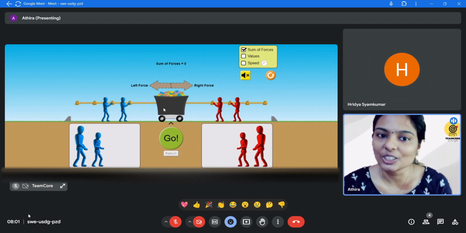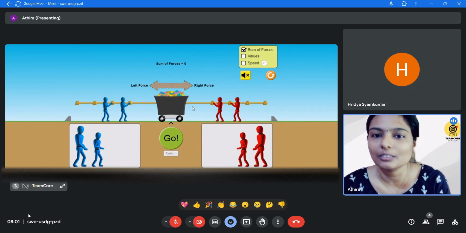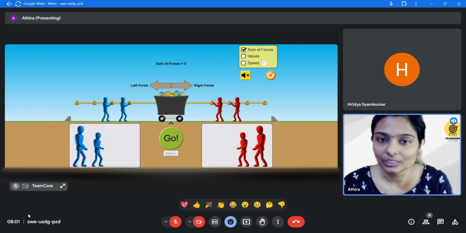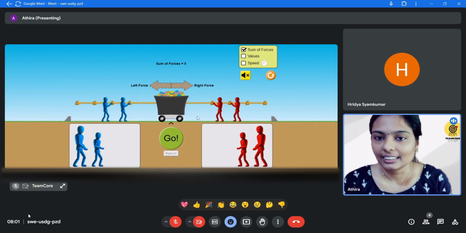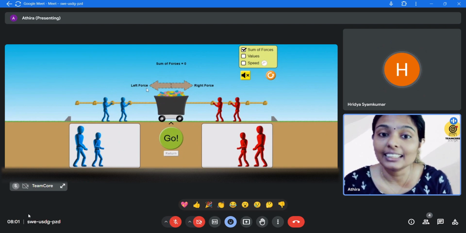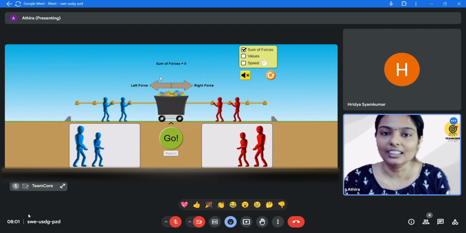This is a situation where we are applying multiple forces on this body, right? If multiple forces are acting on this body, and these forces are equal and opposite, they are equal in magnitude and opposite in direction. This right force and left force have equal magnitudes, but their direction is opposite. So, if equal and opposite forces are acting on a body, the sum of the force